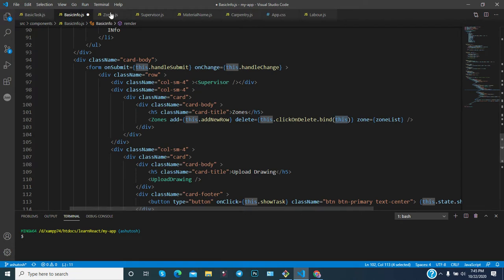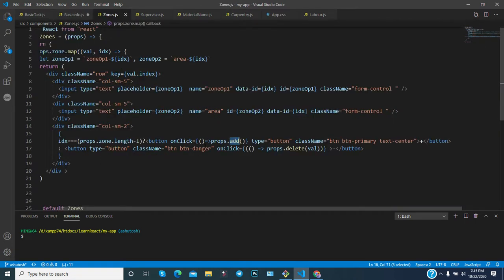Okay, now go to the zone list again and check the button. This is basically a minus button, and you are utilizing the props delete, and you have passed the whole value to that particular method as an argument. However, you can pass the index also, or the value.